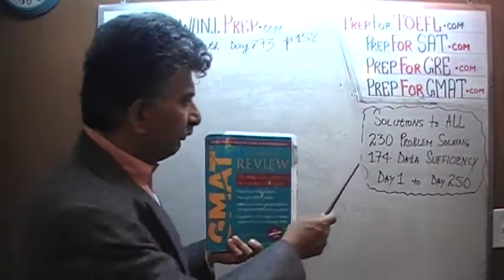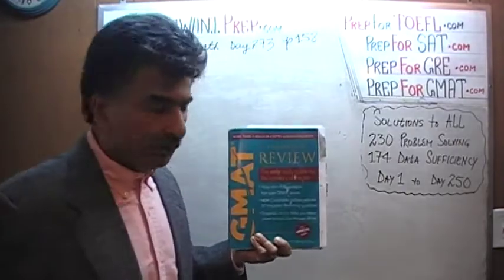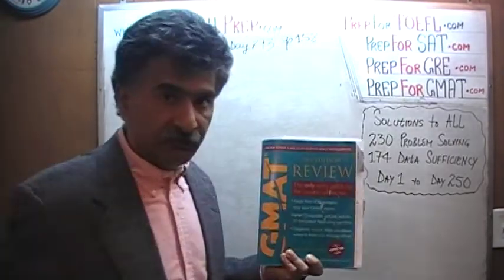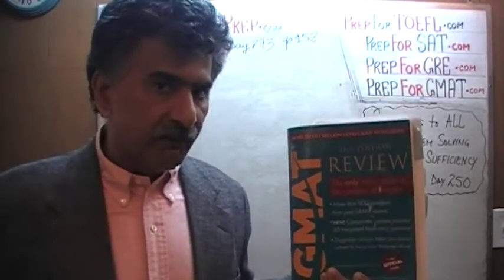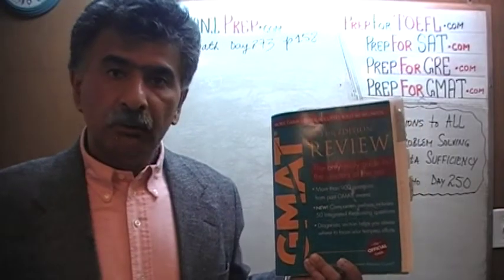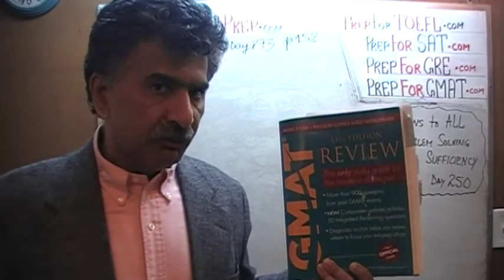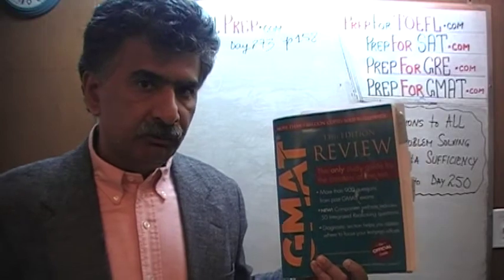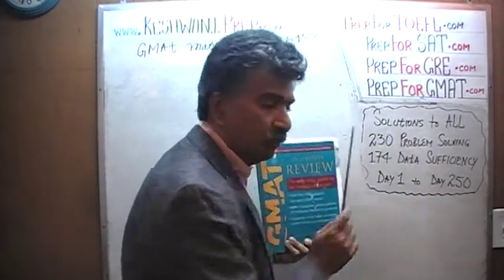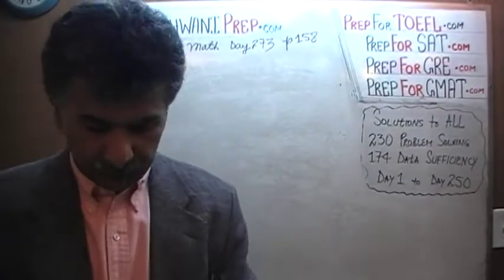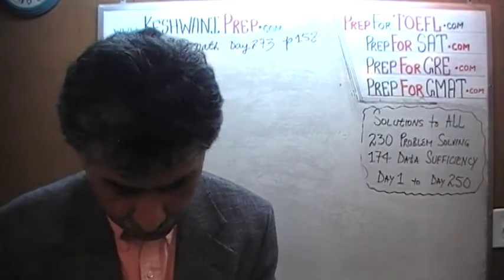This book contains 230 problem-solving questions. It says 174 data sufficiency questions. We have already solved every single math problem from this book. If you're interested in watching the original solutions to the problems, you will find the original solutions from day number 1 through 250. Right now we are redoing the problems. We are on page number